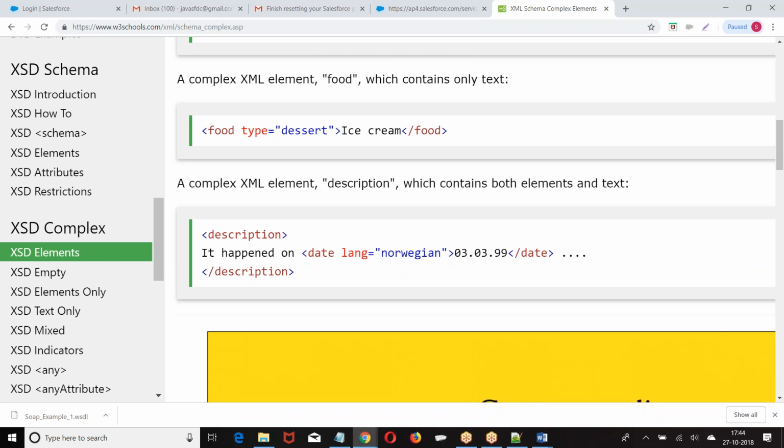It has attributes with body as text. No chain elements. Attributes, body as text. No chain elements. Fourth one, everything is available. Now we have a description, date, attribute, body.